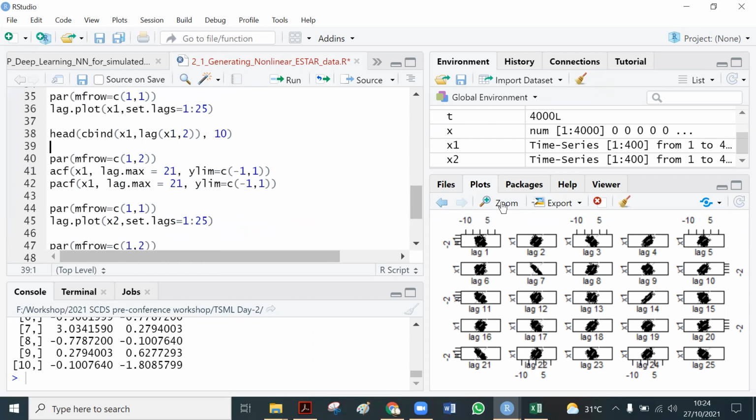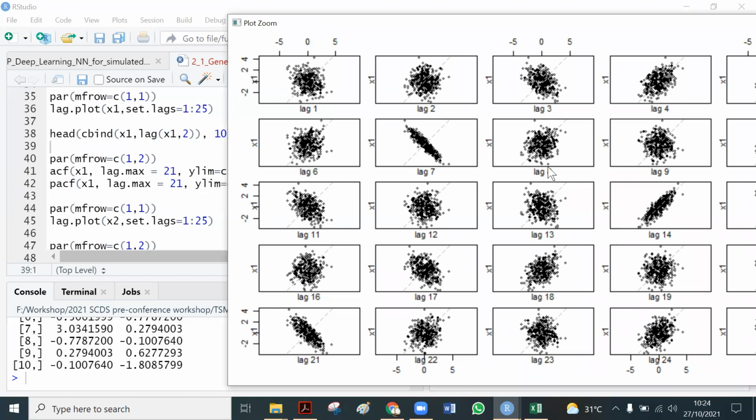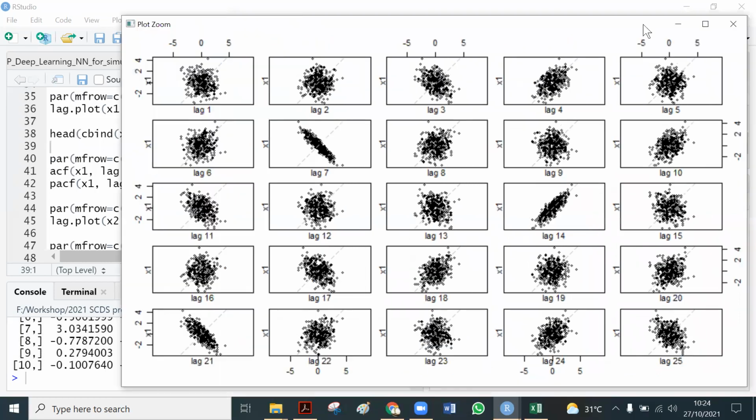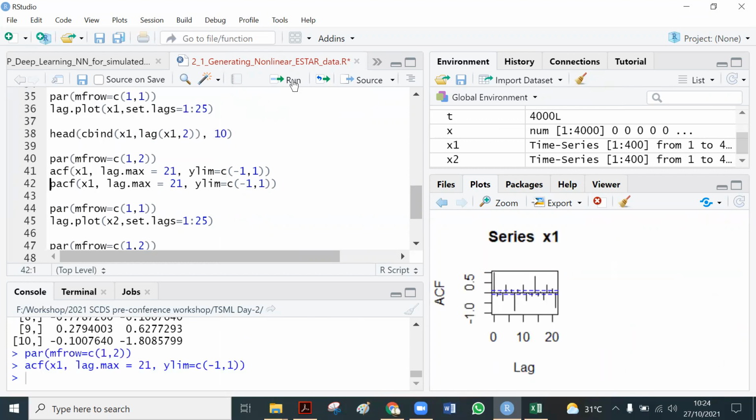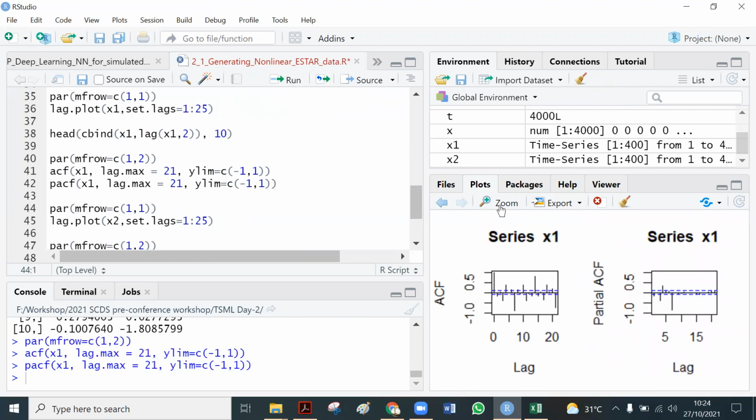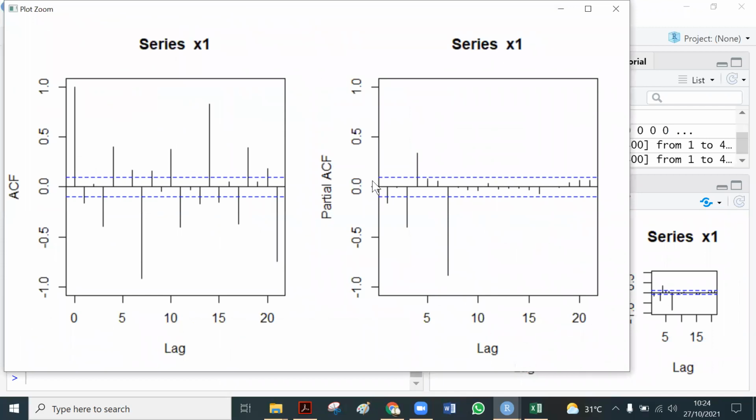I just want to explain the detail about how this graph was created. Okay, next we make the plot for the autocorrelation function and partial autocorrelation function.